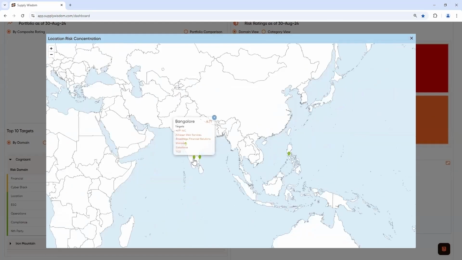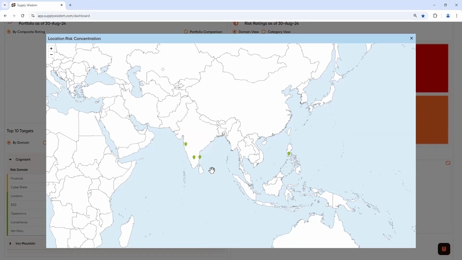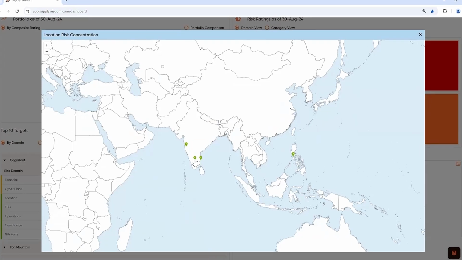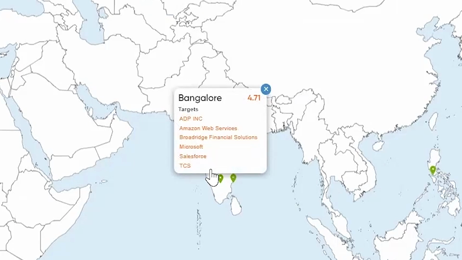I can click on an individual city and see that I've tagged it to the following third parties. I can use this again at a diagnostic level. If I'm seeing any risk score on a city basis that's of concern to me, I immediately understand that it has implications for the following third parties in my portfolio. I can use this to inform any decision making or any further investigation of any entities in my portfolio.